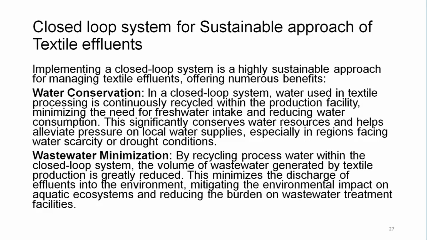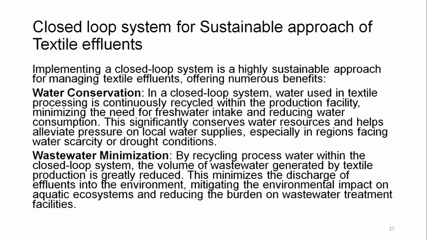Now, a closed loop system for a sustainable approach to textile is very much recommended. Why? Because we are cutting down the usage of fresh water by recycling and reusing the same water which was used in the textile effluent. Implementing a closed loop is a highly sustainable approach for managing textile effluent, offering numerous benefits: water